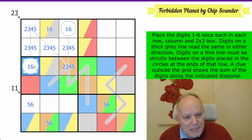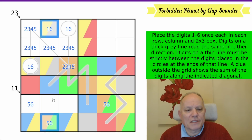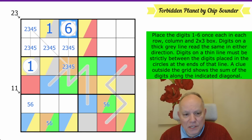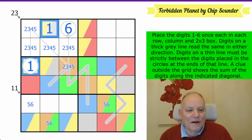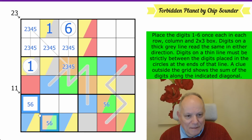Right, if that was a 6, that would be a 6 because it's the same digit in box 1. But this would have to be a 5, and that would be another 6. And now we'd have 2 6s in column 2. That's not possible. So this is not a 6. This is a 1, and that's a 1, and that's a 6 in the other circle. But annoyingly, I don't know the exact colour of either 1 or 6 after doing that. And this 6 doesn't impinge on that 5-6 pair, so